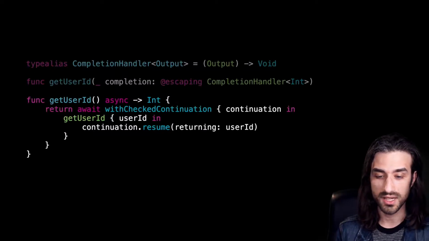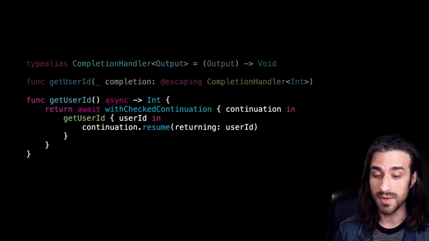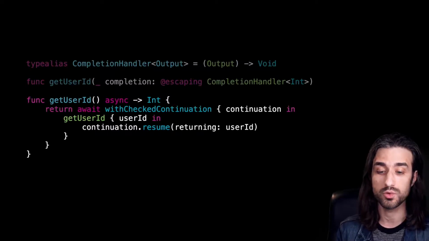So await, we can see it once again kind of like the keyword try. Await is meant to mark the call site of an async function. And when you call an async function using await, you create what is called a suspend point, meaning that your function is going to block until the async function returns its value.